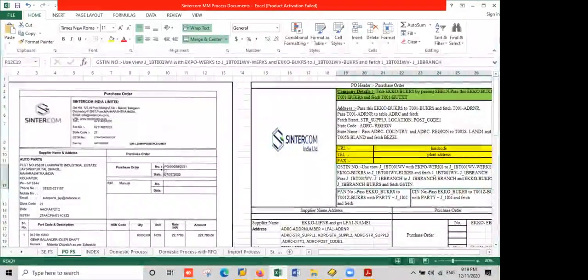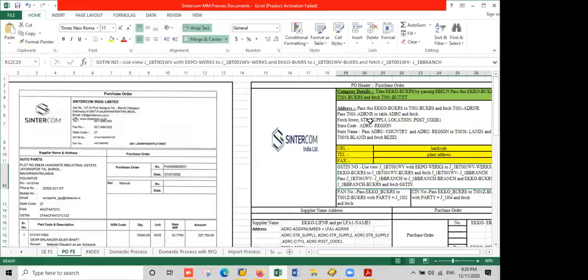Because of it, we are going to fetch through EKKO, EKPO and other tables. See, if I don't give the PO number as a reference, the system won't know where to collect the information from. I have to give the system the information: I have created this PO, go and check it here whether the information is correct or not. If it is correct, then go to this table and fetch all the collected data